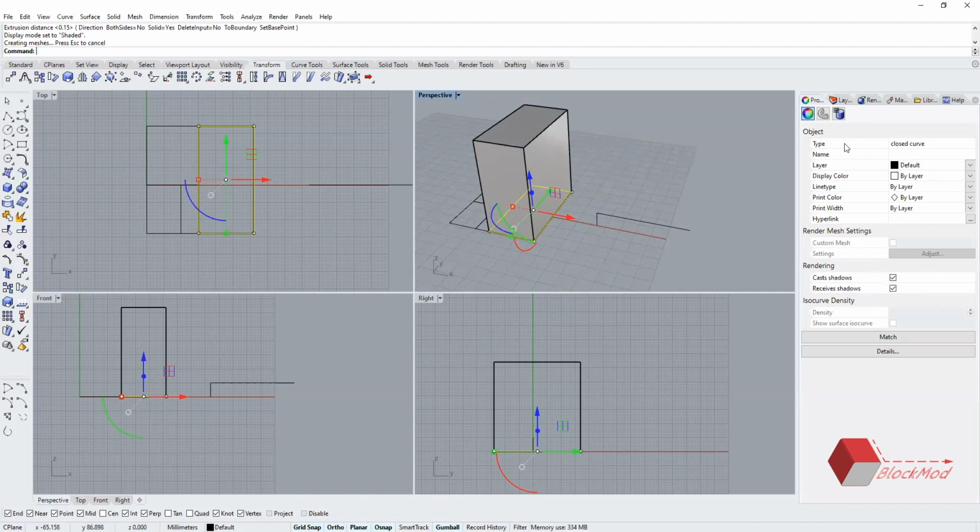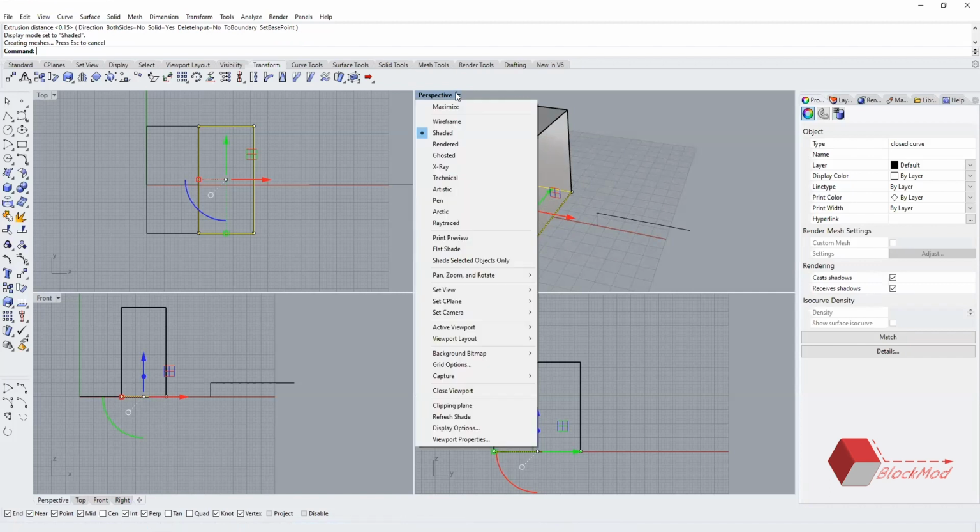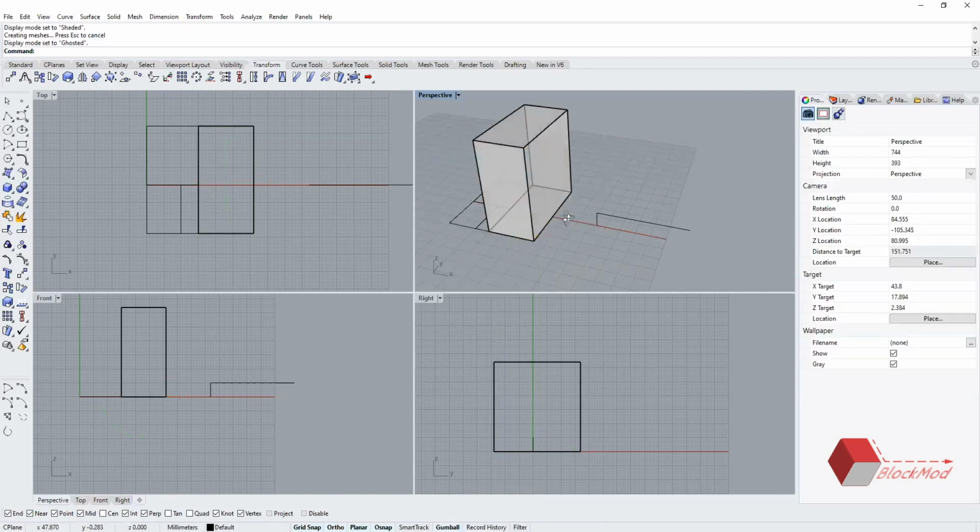Nishan, can you show them the styles? Yeah. So there is rendered. There is ghost. You can just try them out. Can you control your mouse? Okay, I'll go with ghost.